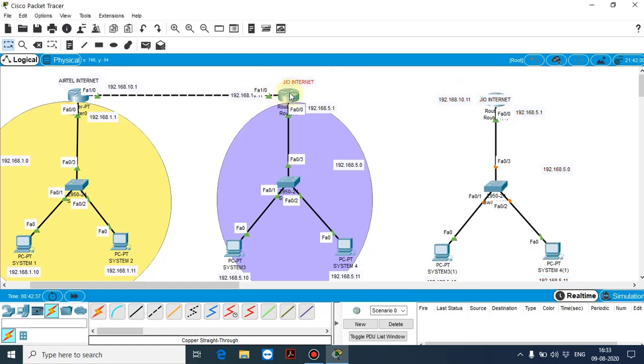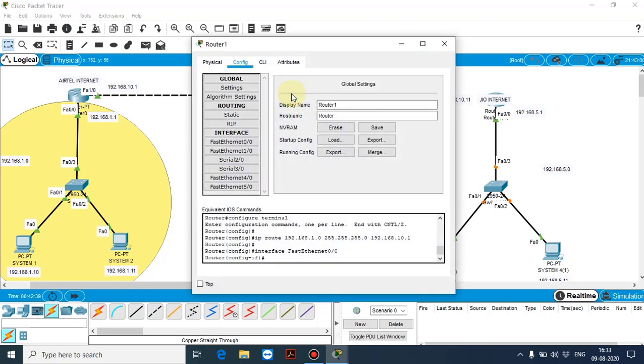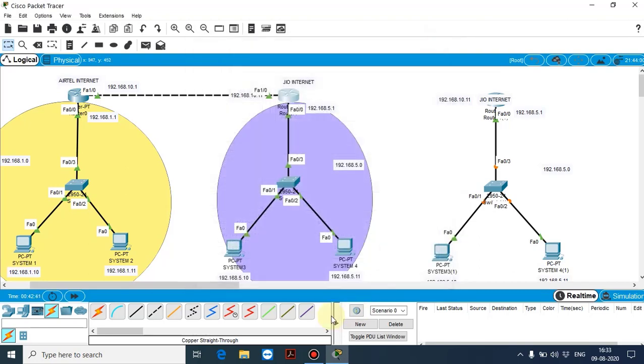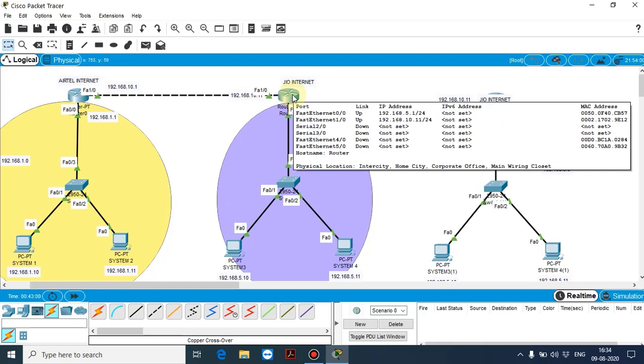For the middle router you need to manually configure the ports. If you click on that, you will see there is no port available for your next router. So for that you have to configure or define it manually.